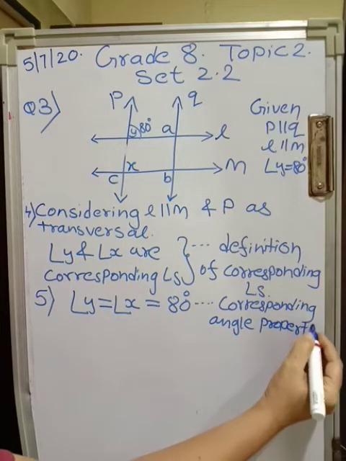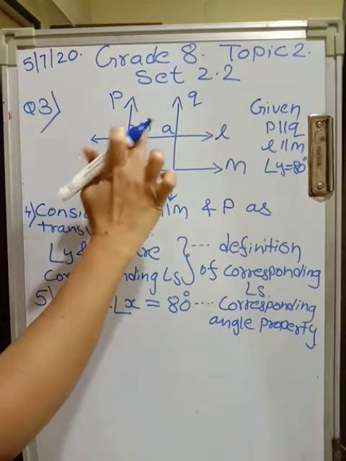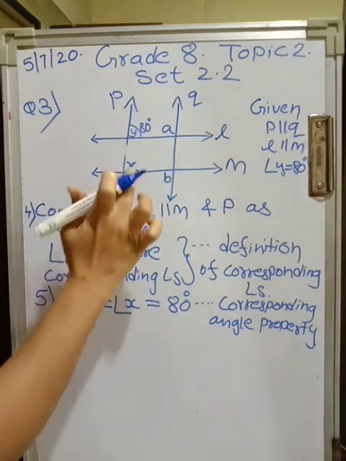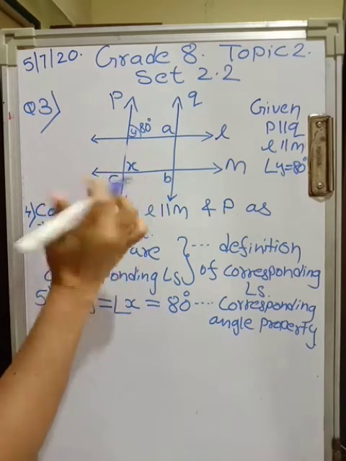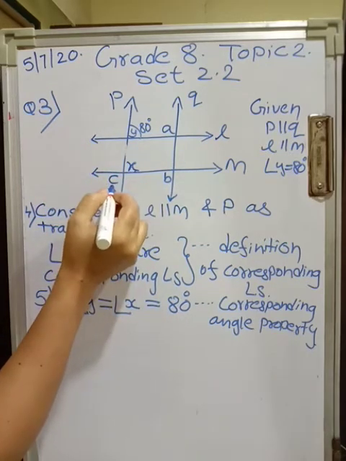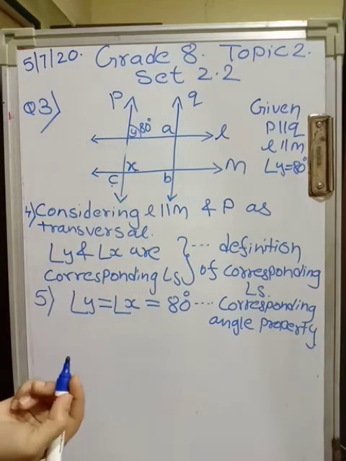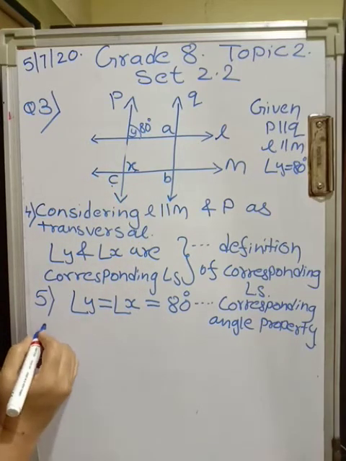I hope it is clear now. Okay. Y is 80. So automatically if Y is equal to X, X also becomes 80 degrees. Now angle X and C, they are vertically opposite angles. And measure of vertically opposite angles are equal. So sixth we can write